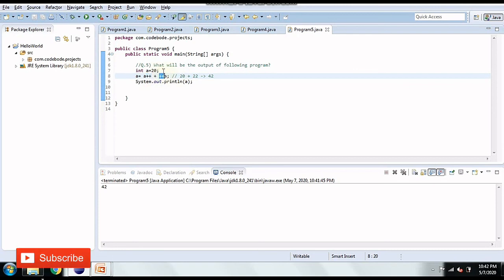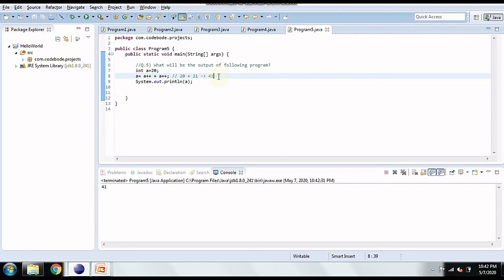Now if we have a++ as the post-increment here, then the output will be 20 here plus, then it will be incremented to 21. So it is going to be 20 plus 21. And this post-increment will work later after assigning the value. So the output is going to be 41 here. In this way, post and pre-increment work.